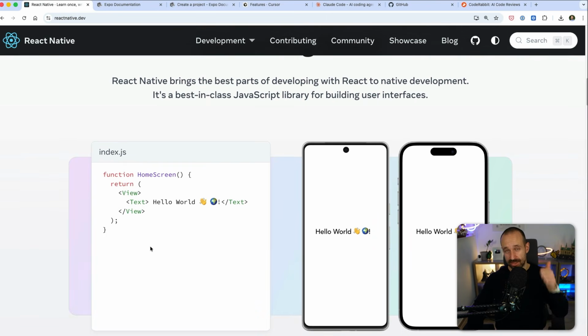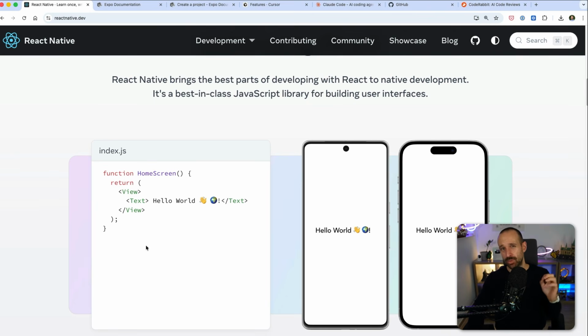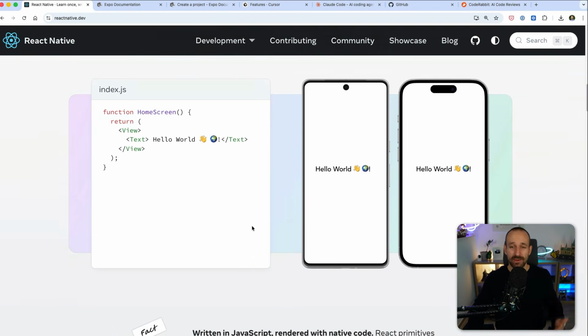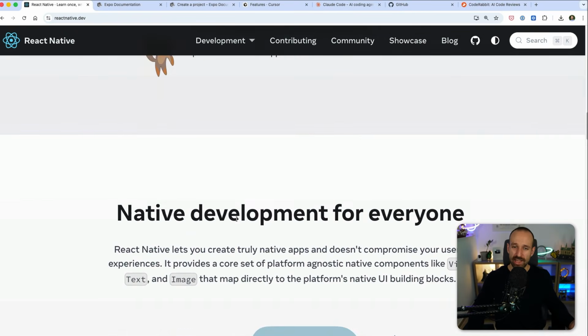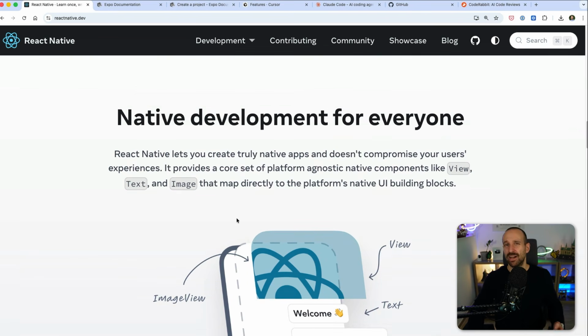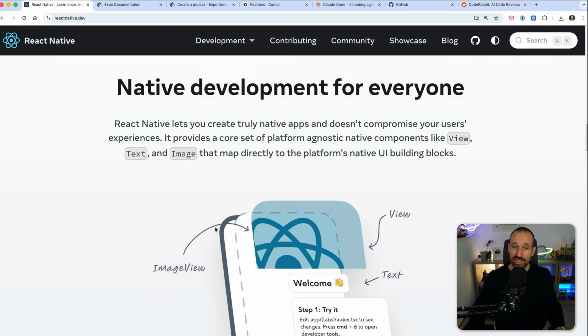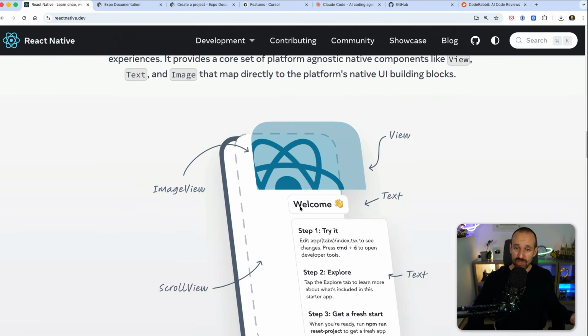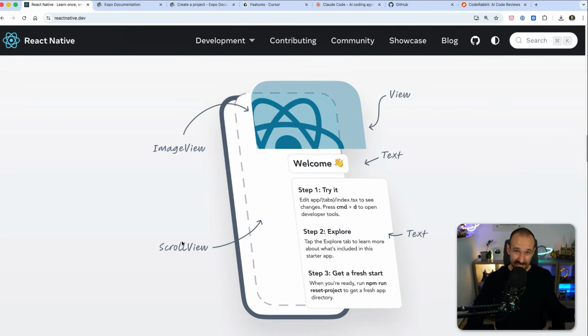So that means you gotta learn a bit about TypeScript and you gotta learn a bit about React. But with the current state of AI, you don't really have to dive into that too much, especially in the beginning. You need to understand a few things about React, but you can pick them up while you go, simply because you can ask AI questions about the code that you've written. So if you don't understand why there's an image view and a text and a scroll view, just ask AI